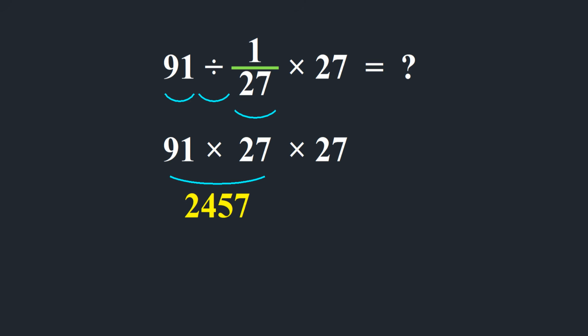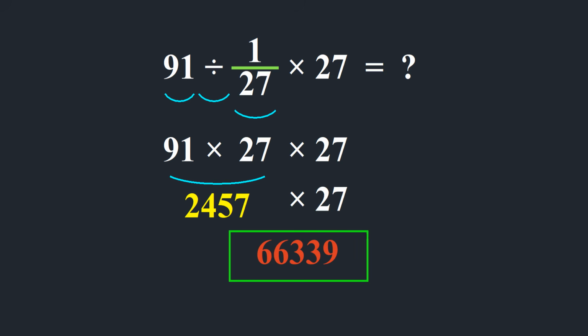2,457. So 2,457 times 27, which equals 66,339. And so our final answer to this problem is just